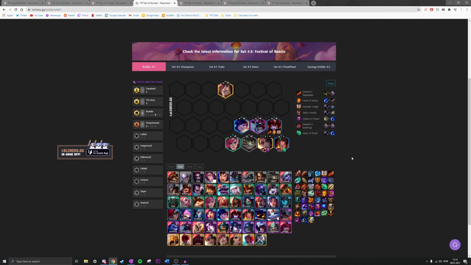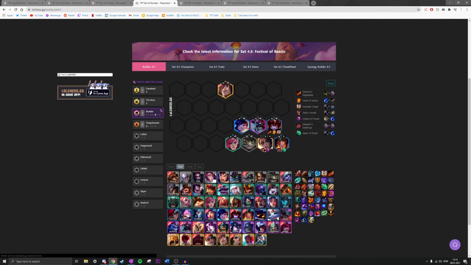Now the next one up is going to be Brawlers, either 6 or 8 Brawlers, depending if you get a Brawler chosen. With the new update on PBE, the Brawlers get AD based on how many you have in, and so now they can actually be carries on their own. So there are 2 different ways of playing this. Usually, if you get 8 Brawlers, for example, you would usually take out Samira to put in the 8th one